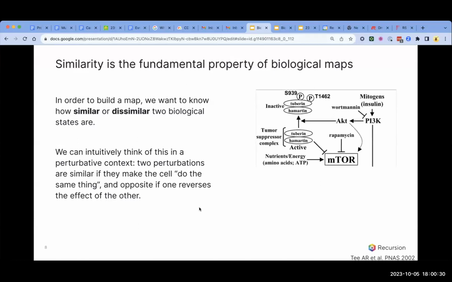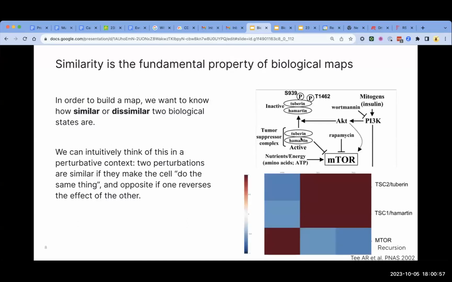I'm going to show you an example of this, the mTOR pathway, which is a pathway that's really well studied in oncology. And I want to highlight a couple of things. One is that this tumor suppressor complex, which is made up of two proteins, tuberin and hamartin, inhibits mTOR. And secondly, that if these two proteins are acting together, we expect them to do very much the same thing. So if we then do a genome screen and we knock these proteins out, each one at a time,